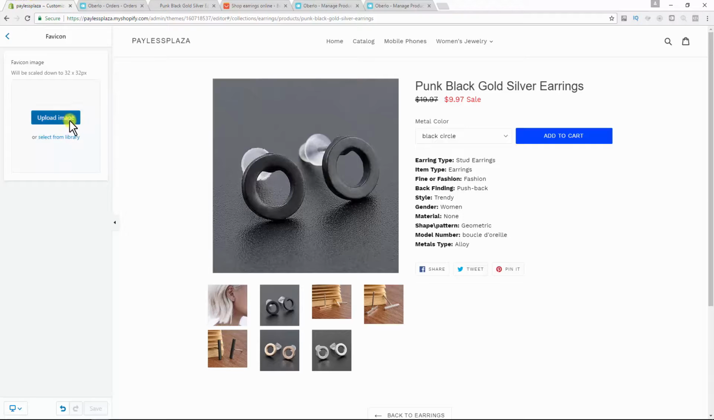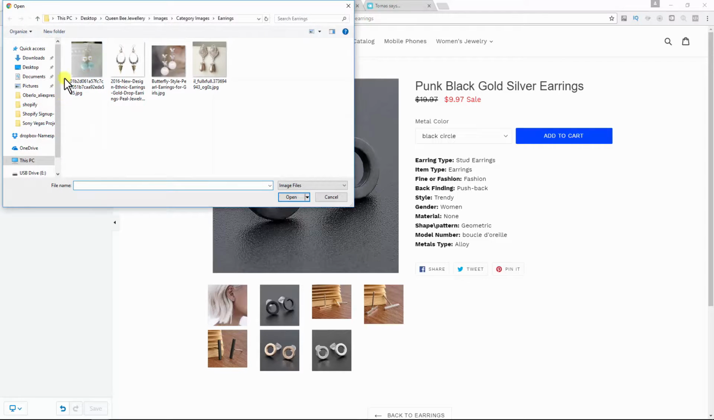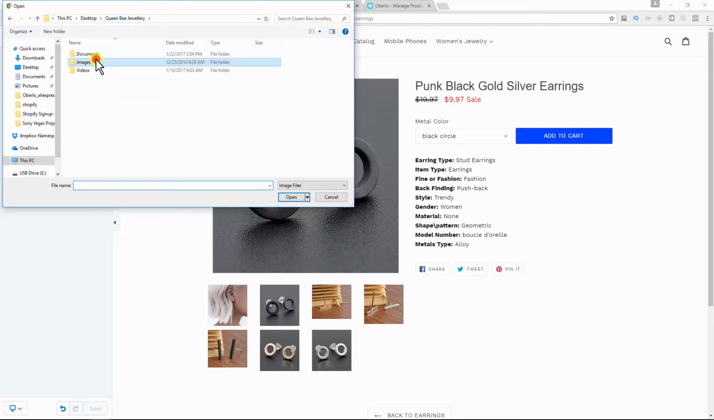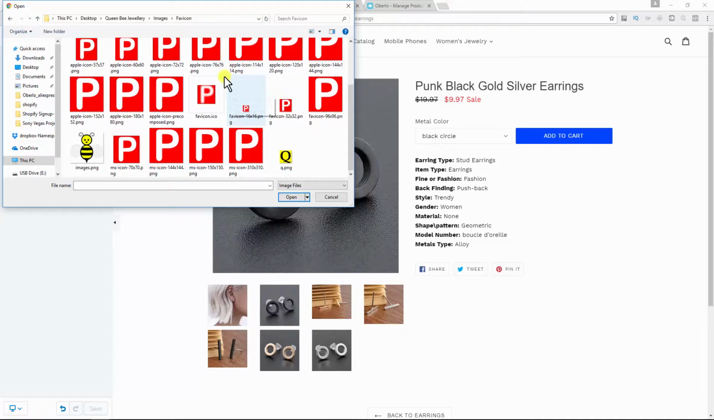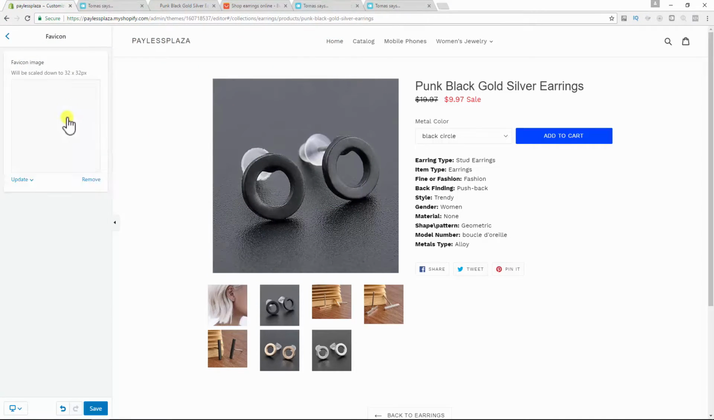Let's change that. So I'm going to show you, you can just upload, I have favicon images somewhere. And it's 32 by 32 pixels. So I'll find the one that's 32 by 32 and click that. And it's going to upload this one that I made earlier. So it's just a red square with a white P in it to sort of identify Payless Plaza. But if I click save, and then refresh,